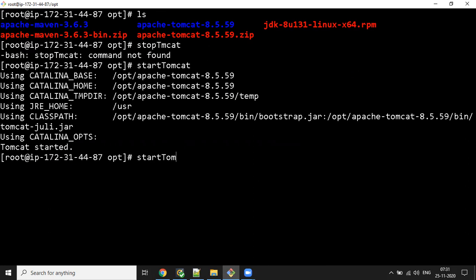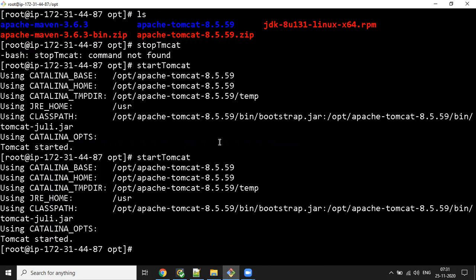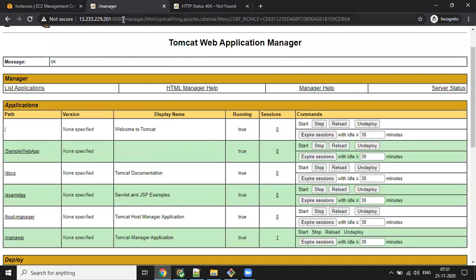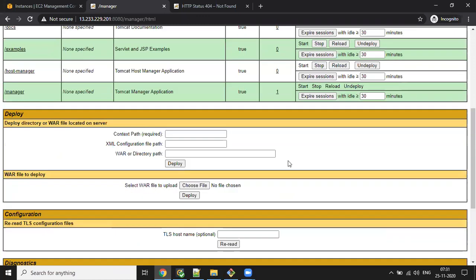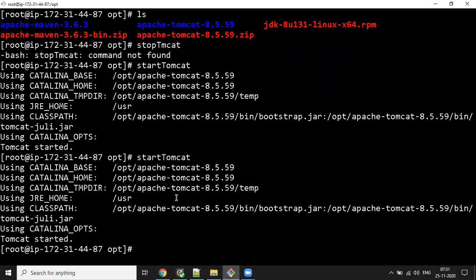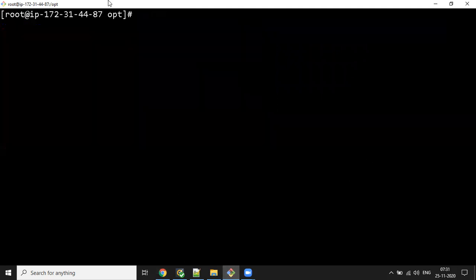Start Tomcat. Now it is started. Try to access. By default the webapps folder we changed already. Now we are going to deploy these folders using the war file.